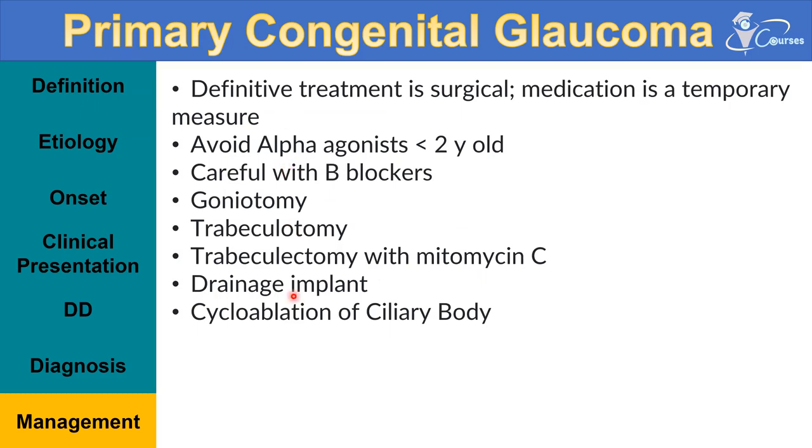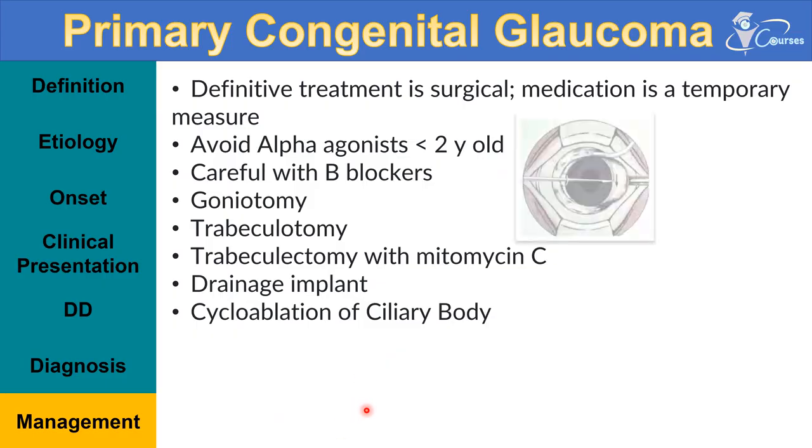Regarding the surgical management, we take a stepwise approach to the management of primary congenital glaucoma. If one step fails, we can proceed to the next step. The first step is goniotomy. What is goniotomy? As the name implies, we are making an incision in the angle, or the anterior chamber angle. This can be done from the limbus, passing a knife through the limbus. It's called a Barkan knife. And we make an incision in the trabecular meshwork, trying to open an incision for drainage of